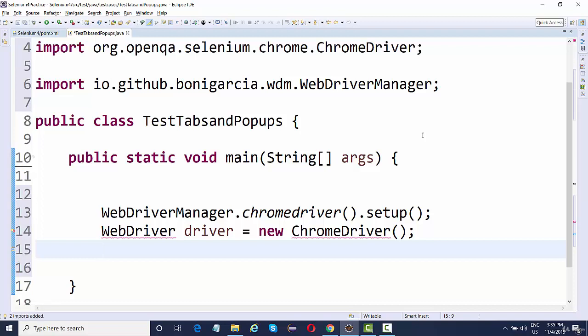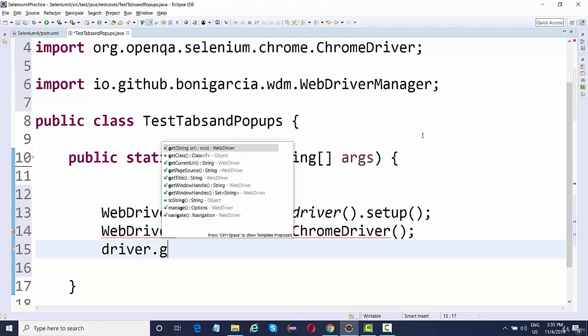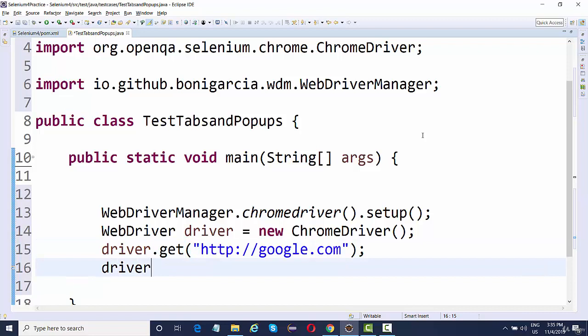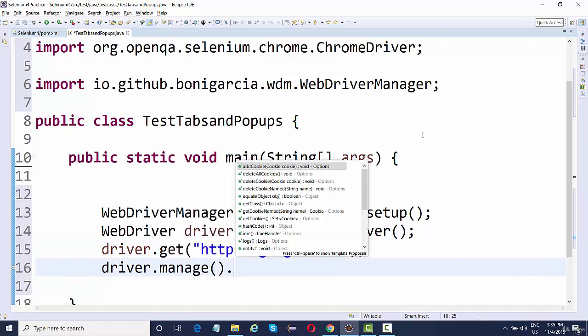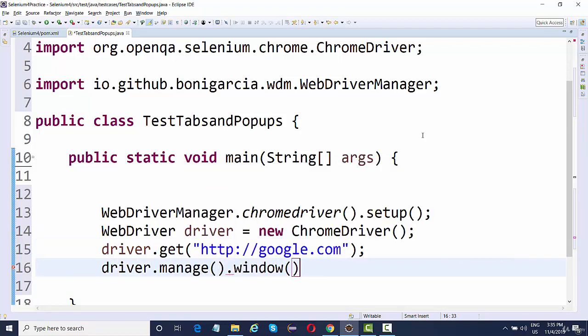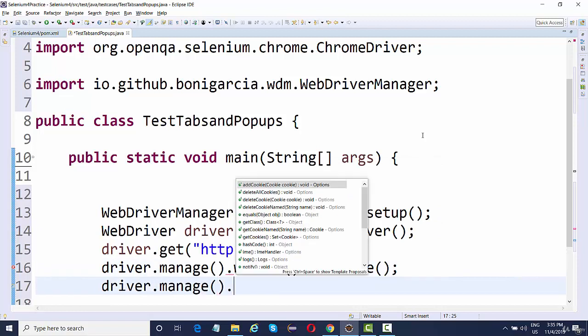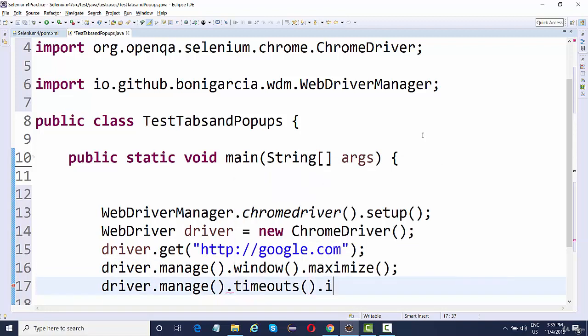I'll import it, then I'll say driver.get. Let's say I navigate to http google.com, and on Google I'll first maximize the window, manage().window().maximize(), add some waits, manage().timeouts().implicitlyWait,